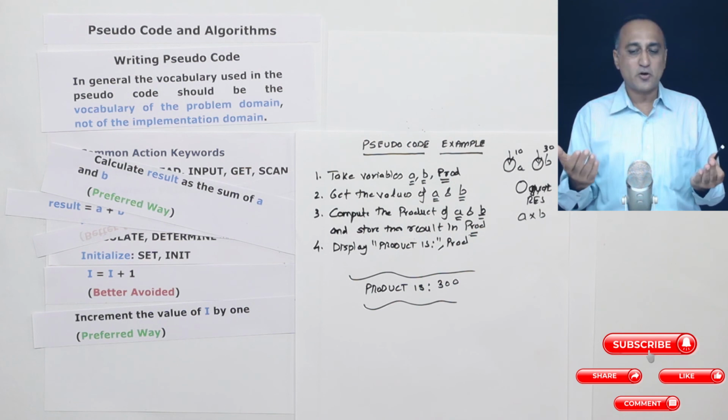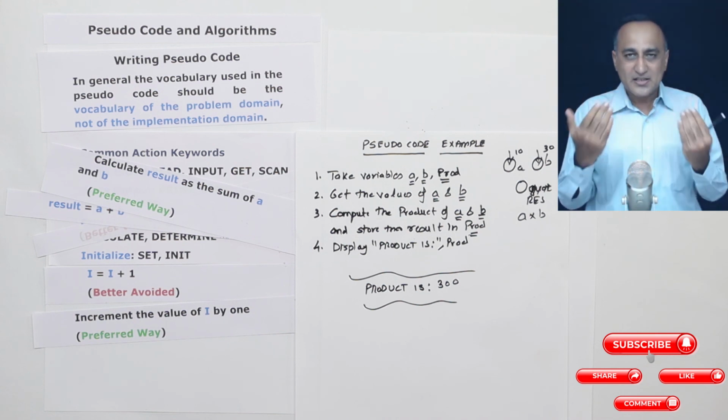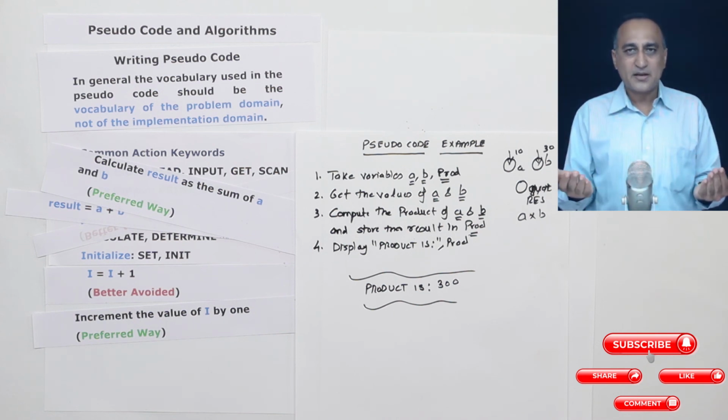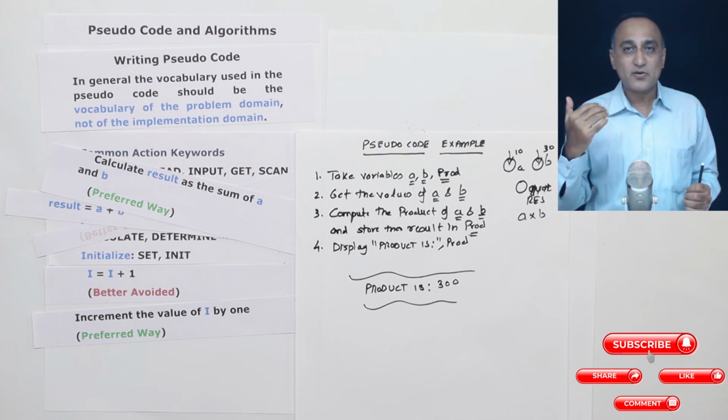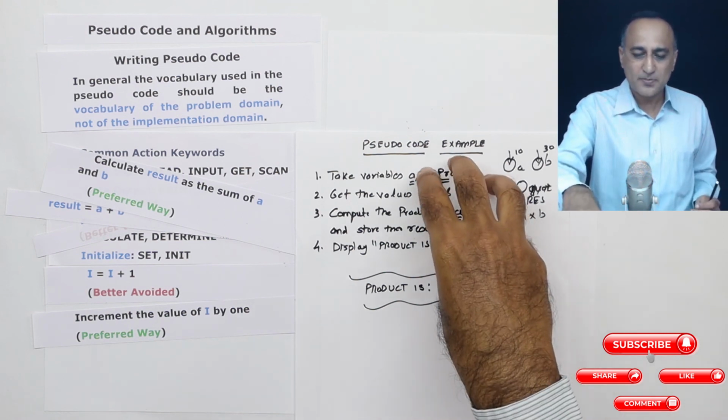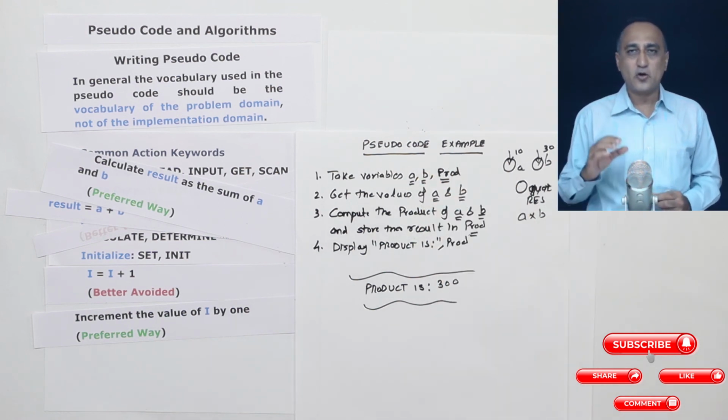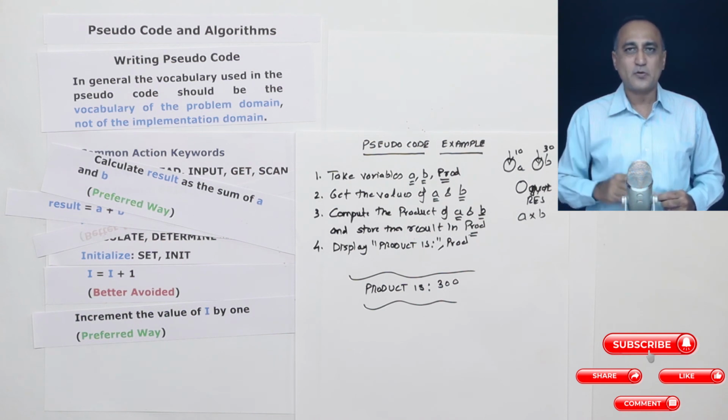That's why it's used in documentation and textbooks of algorithms, data structures and all, because you may understand the logic in an English-like manner, but implement the logic in any language, whether it is C, C++, Java, Fortran, or any language of your choice. That's why pseudocode is a preferred method of explaining the logic of an algorithm or the problem solving process. So I hope this clarifies how you write pseudocode and what language you need to use to write it.